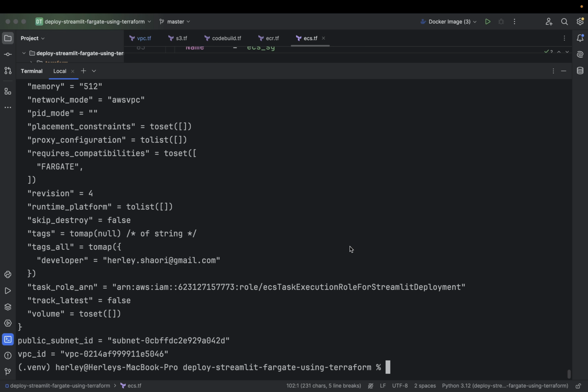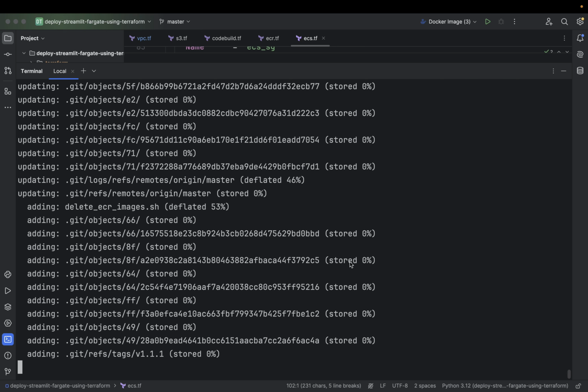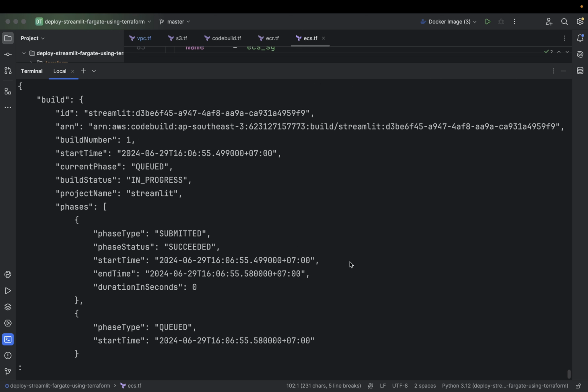Okay, it succeeded. And now let's upload source_code.zip using this sh. Now you press Q. Okay, let's see the AWS Management Console.